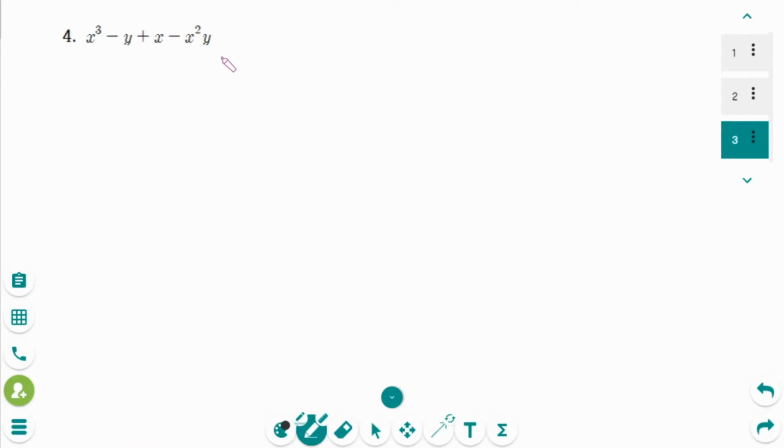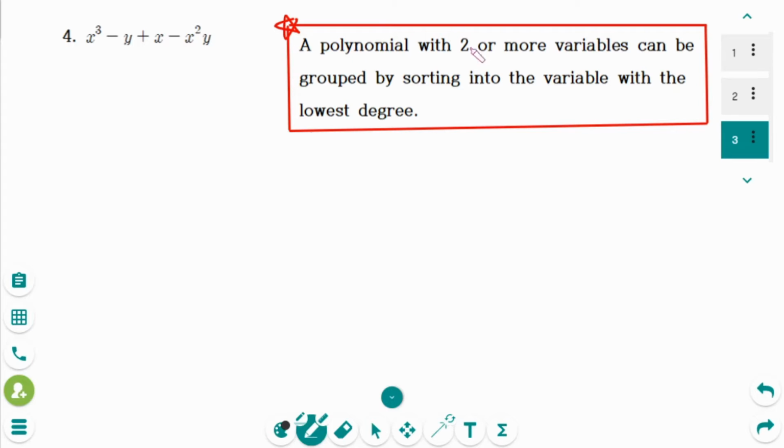This is the next question. This problem is different from the previous 3 problems. A polynomial with 2 or more variables can be grouped by sorting into the variable with the lowest degree. This is very important. In this polynomial, the highest degree of x is 3, but the degree of y is 1. So you can divide into groups